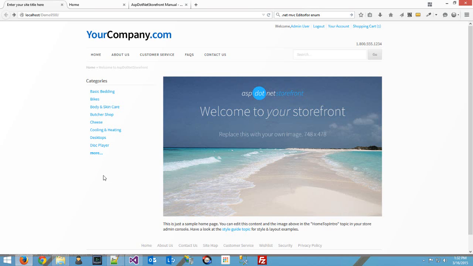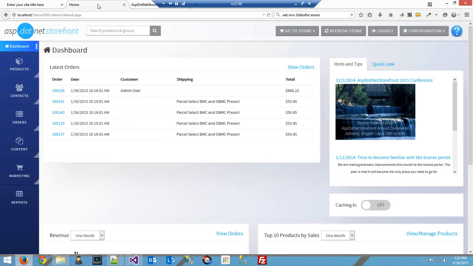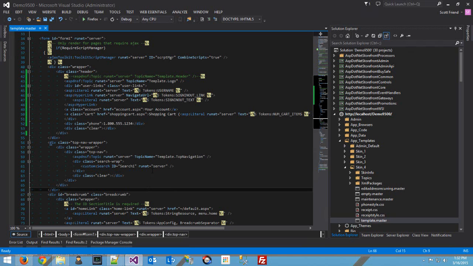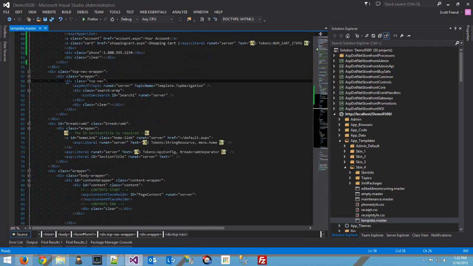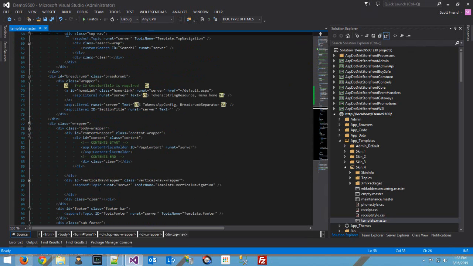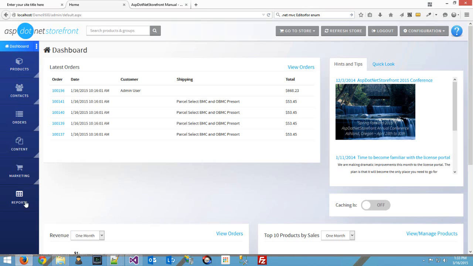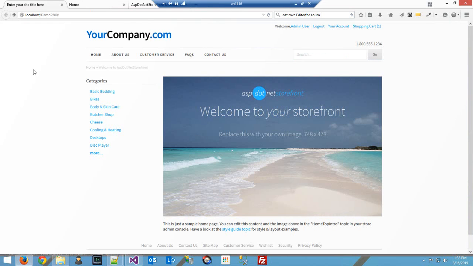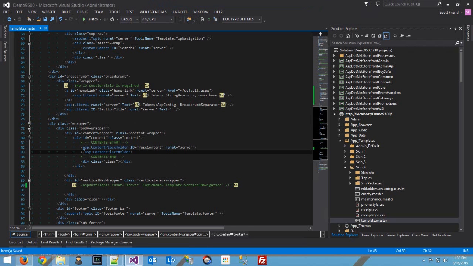So first, what I'd like to do is add the manufacturer's navigation that ships with AspDotNet Storefront. And to do that, I happen to know, well, let's look at the template first. The vertical navigation comes out of a topic called template.verticalNavigation. So if we just comment that out here temporarily, you can see that that goes away. So if we bring it back